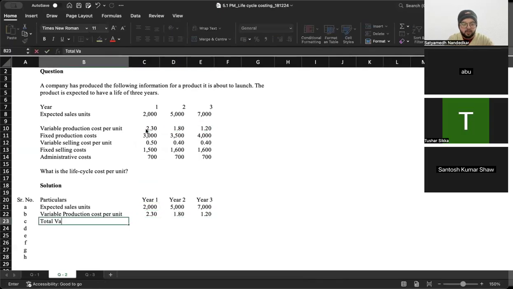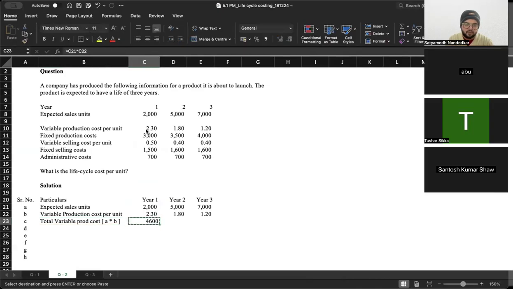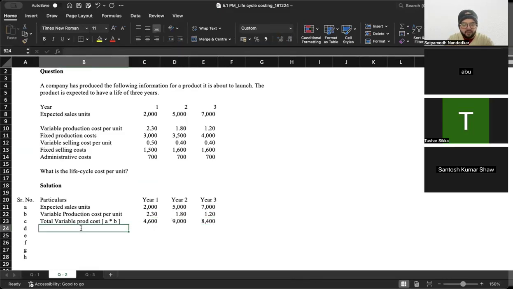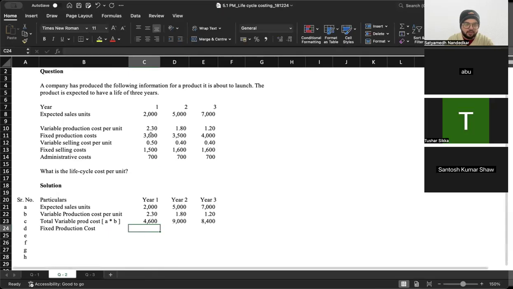So total variable production cost will be row A into row B, 4600, and so on and so forth. Then fixed production cost. Write them down as it is. Those are given in the question. Fixed production cost,